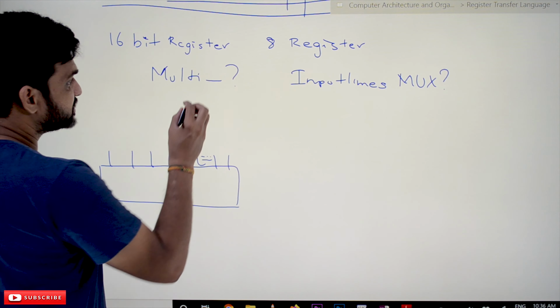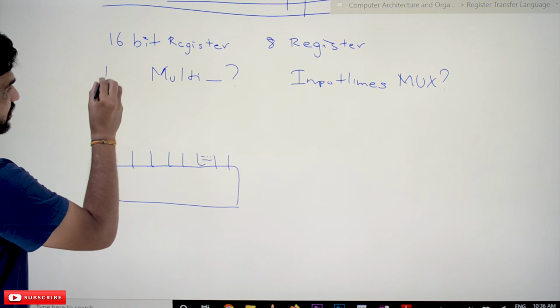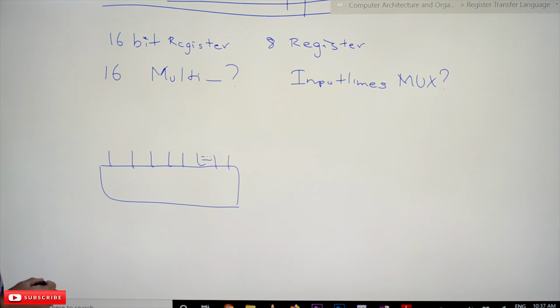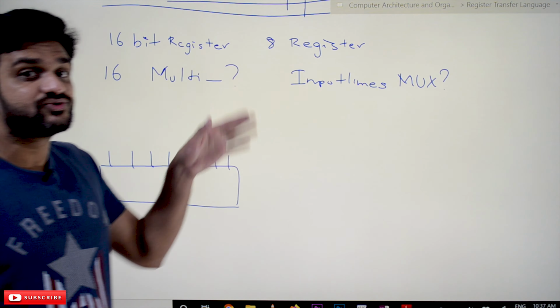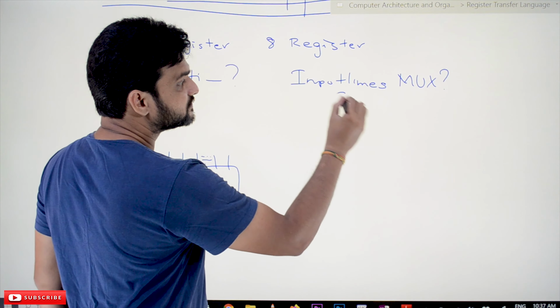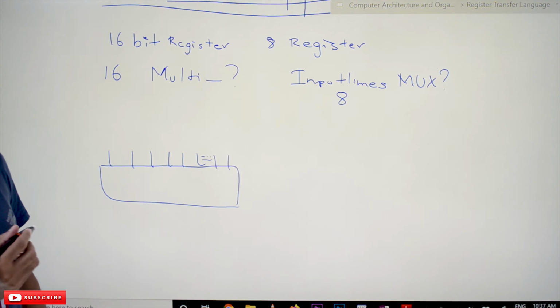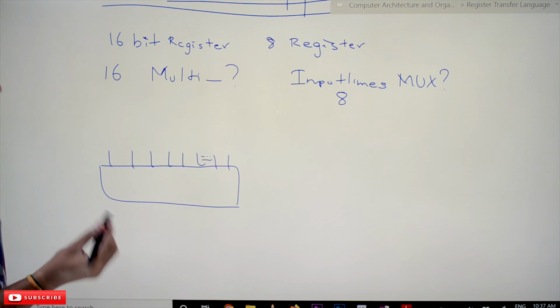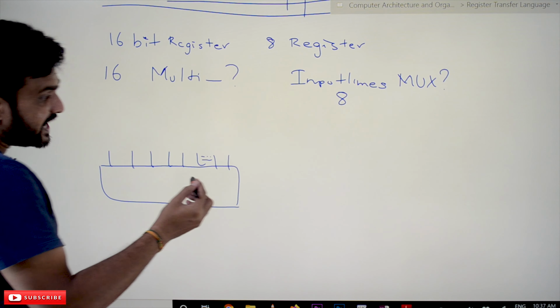So the answer is the number of multiplexers required is 16, and the number of input lines to each and every multiplexer is 8. So how have I decided this? How I have decided is, as we are having